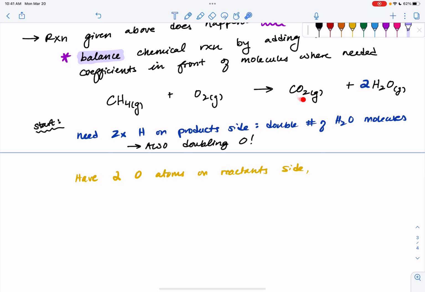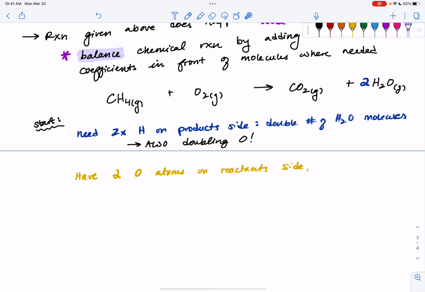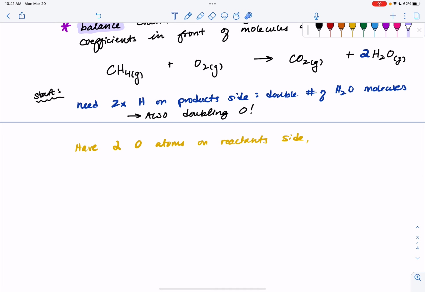And let's look at how much oxygen we have now on the product side. So I've got the 2 that are in my carbon dioxide, CO2, and now my doubled quantity of oxygen from my water. So there was 1 atom of oxygen in 1 molecule of water, meaning in 2 molecules of water, there's got to be 2 total atoms of oxygen. So that's 2 from the H2O plus 2. I have 4 oxygen atoms on the product side. So what does this mean I need? I need twice the amount of oxygen atoms